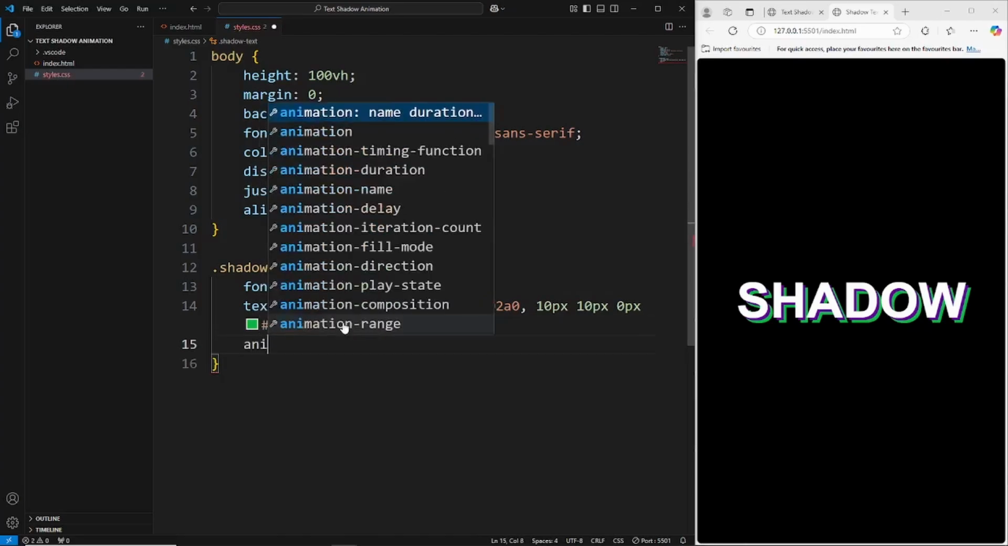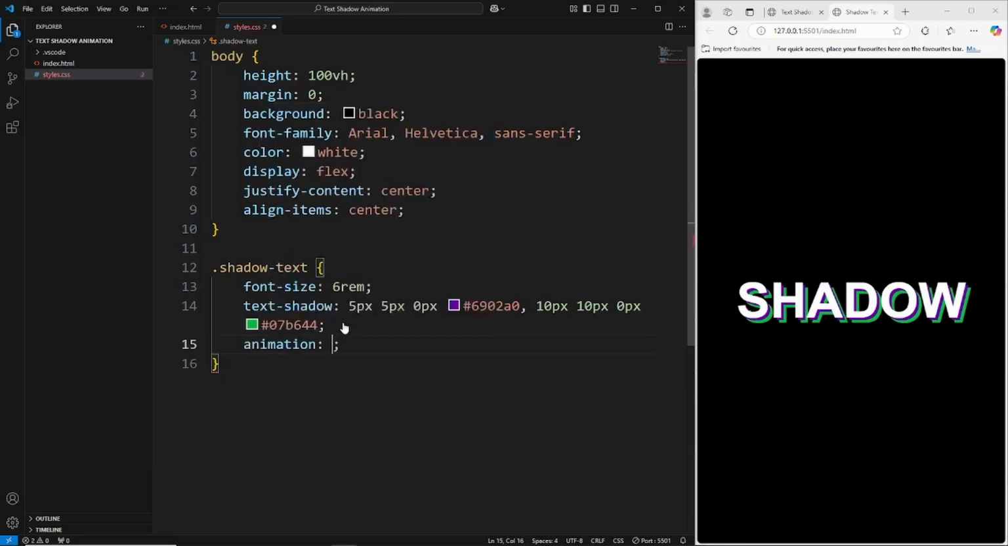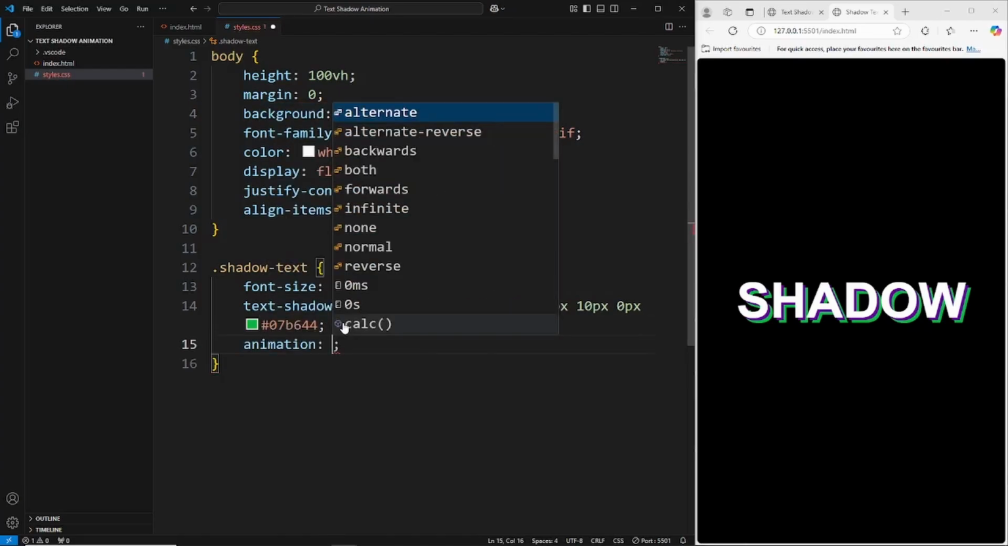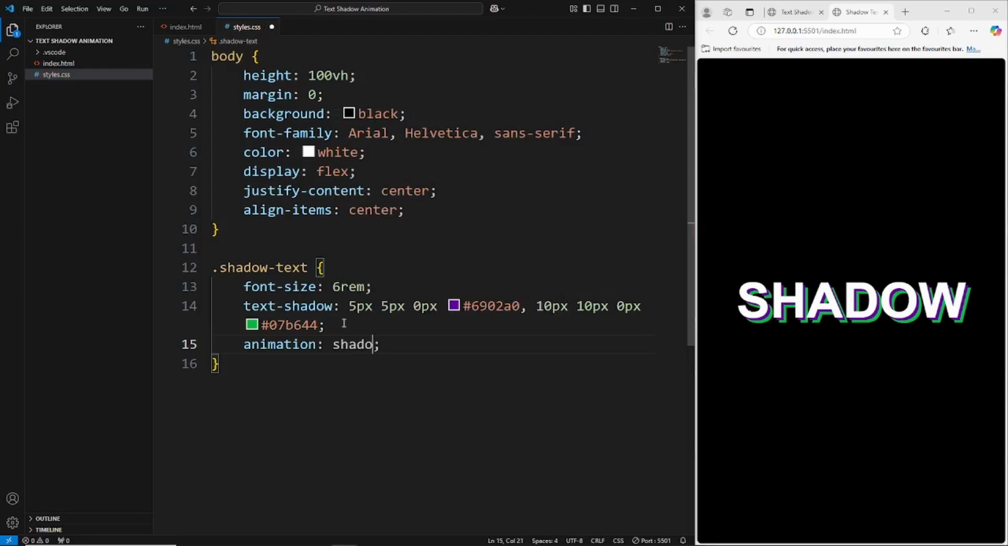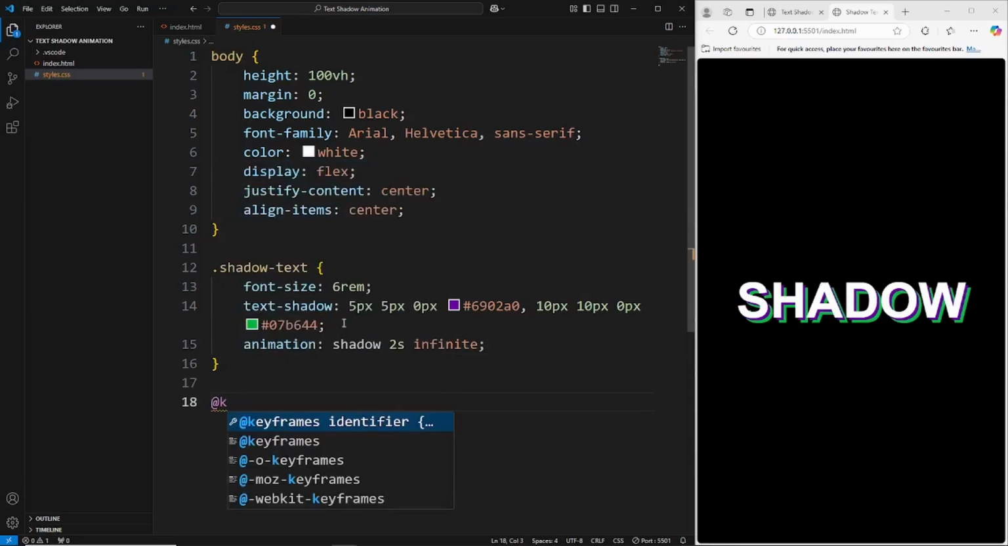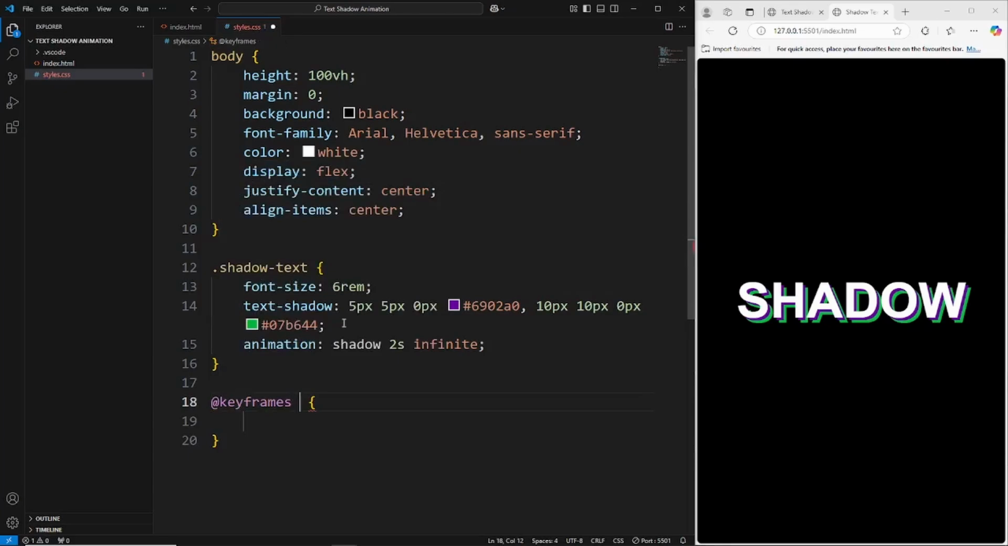So first we'll grab the animation property, give this a name of shadow. We'll call this shadow, and this animation is going to be 2 seconds long and it's going to be infinite. And then we'll just use keyframes here. So at keyframes, the name of the identifier is shadow. And then we want to say from 0%, so from the beginning of the animation, to 100%, to the end